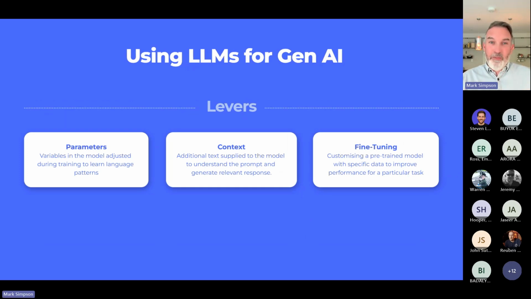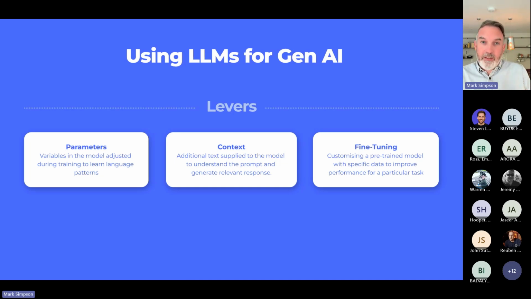Now, ultimately, we have three main levers for influencing Gen AI. The first is the parameters of the model, whether we want them to be creative or governance focused, whether we want them to be safe or take risks. All of the models you can tune, and when it's looking for the most likely next path through that model, it will apply those parameters to either stay safe or be creative. So all the models come with those parameters.